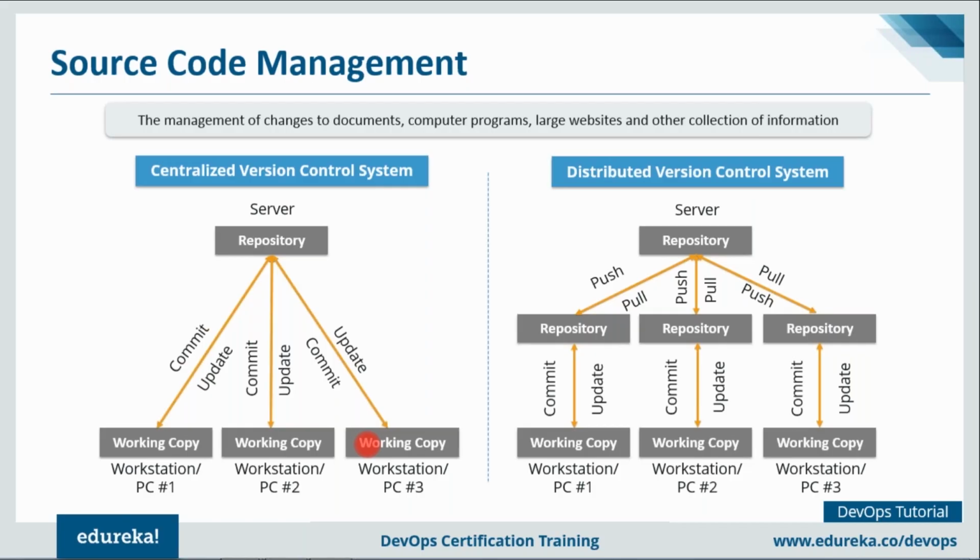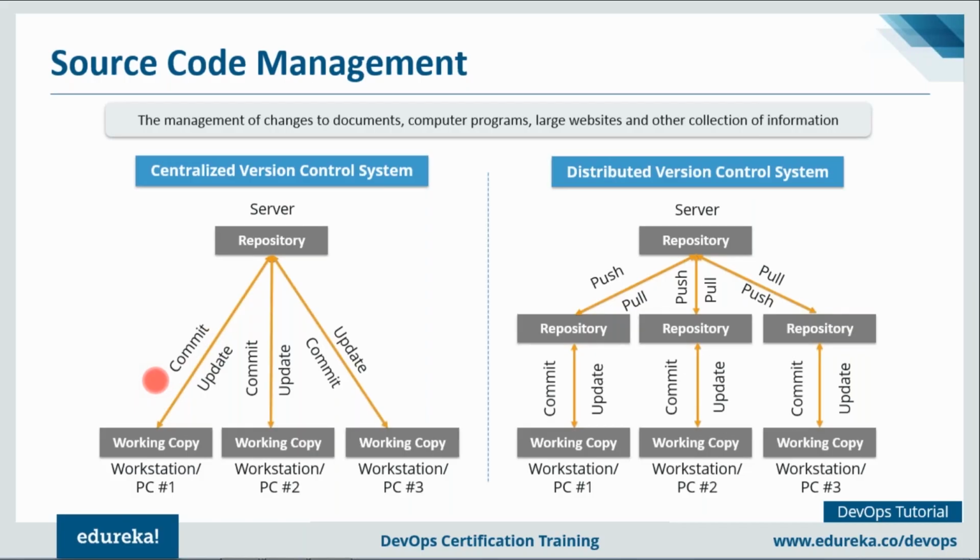Every operation is performed directly on the central server or the central repository. Even though it seems pretty convenient to maintain a single repository, it has a lot of drawbacks. But before I tell you the drawbacks, let me tell you what advantage we have here. First of all, if anyone makes a commit in the repository, there will be a commit ID associated with it, and there will always be a commit message. So you know which person has made that commit, and at what time, and where in the code, right? So you can always revert back.